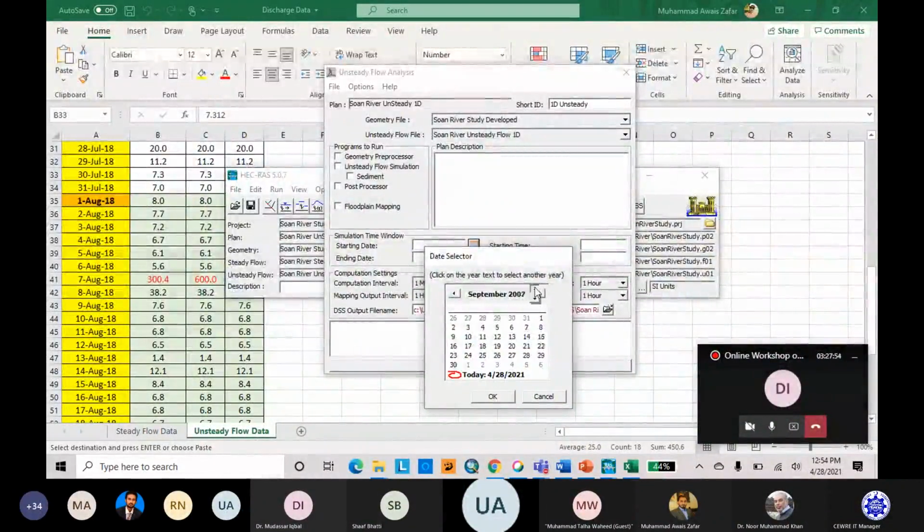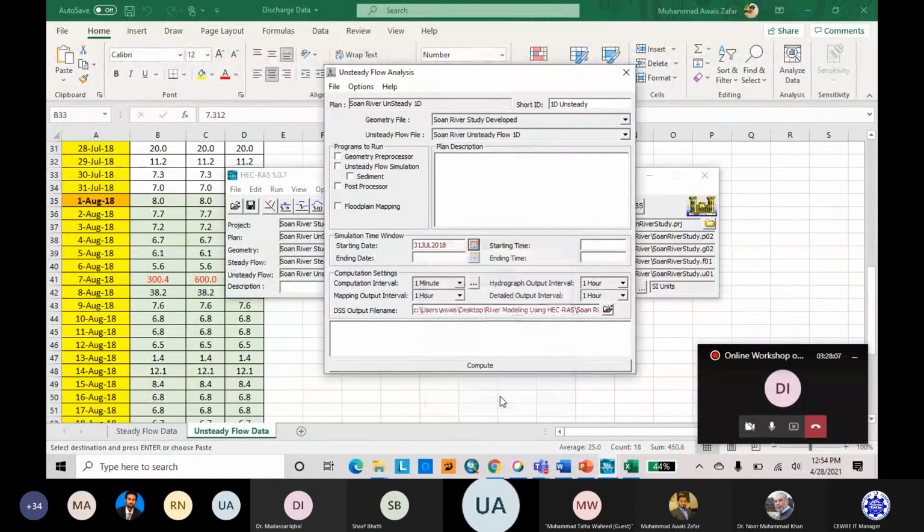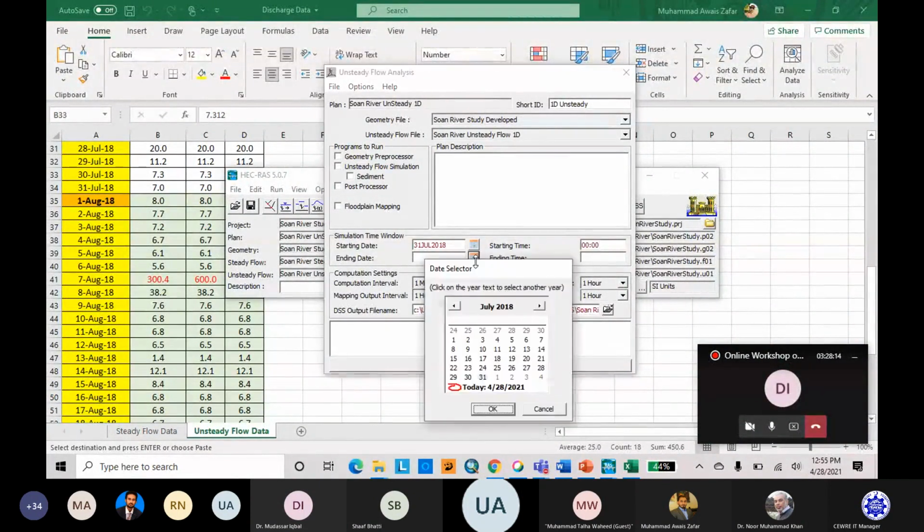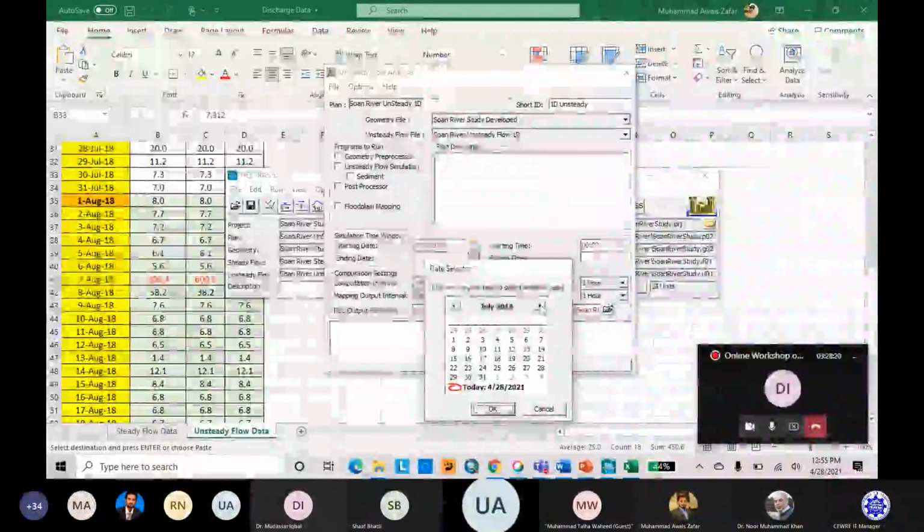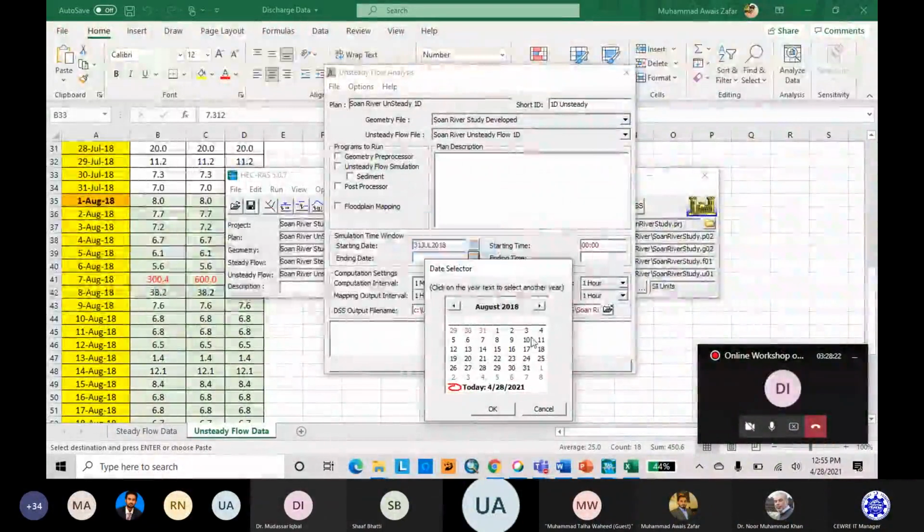From July 29, but we will use 31 just for the cushion. The end date: we have incorporated data up to 16 August, but we will use up to 15 August.